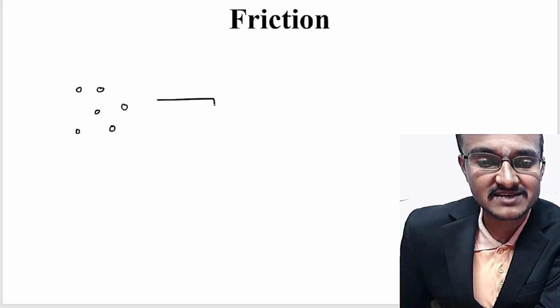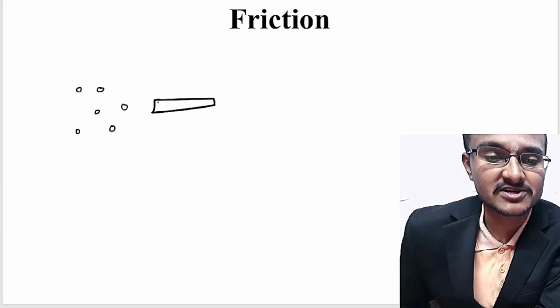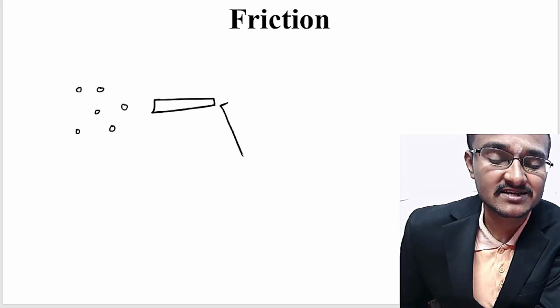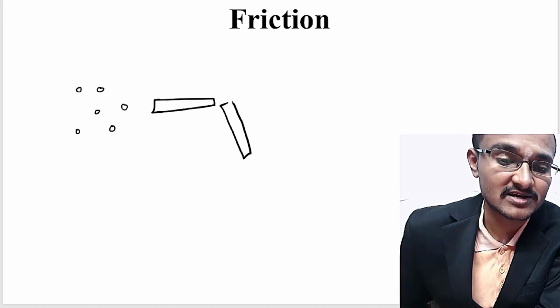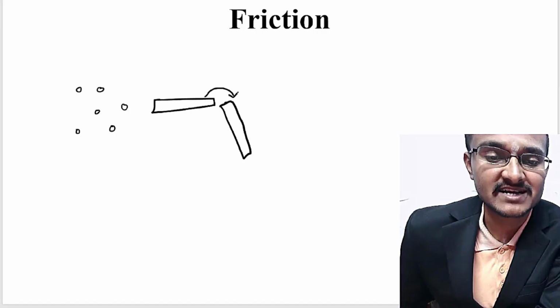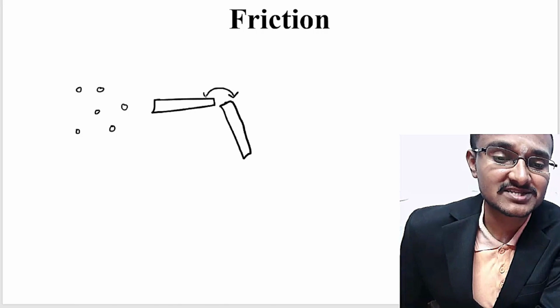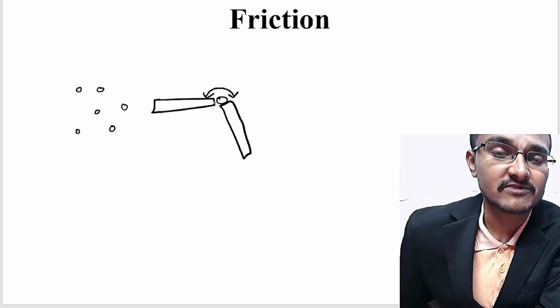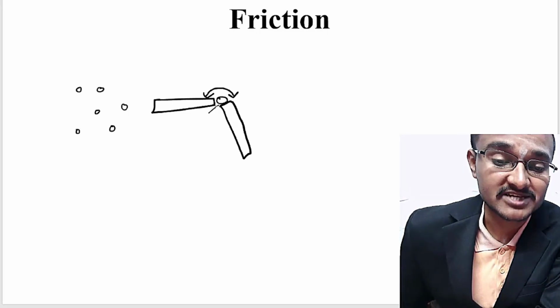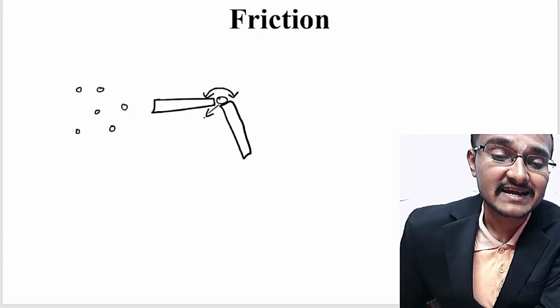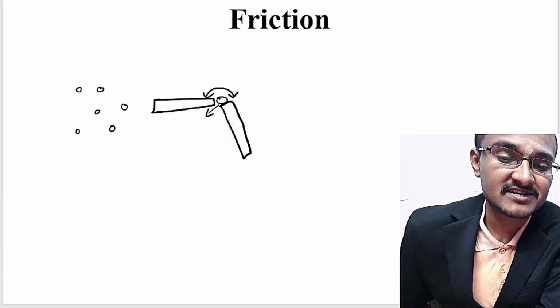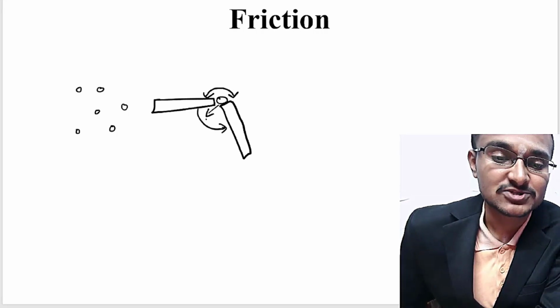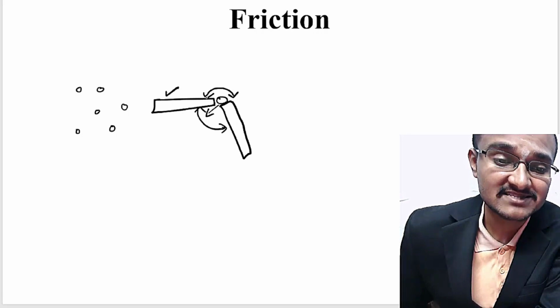If you consider this as one object in a machine, and this is another object placed in that machine, when they are constantly in contact, they generate friction in between. To avoid friction between these two objects, ball bearings are inserted between them, so that the ball bearings can avoid friction between these two objects,